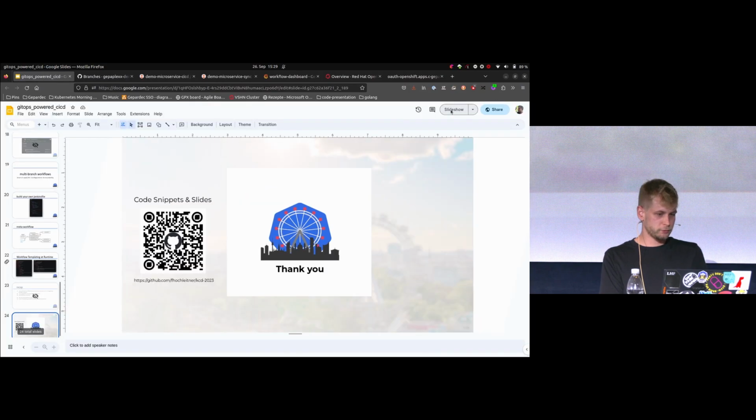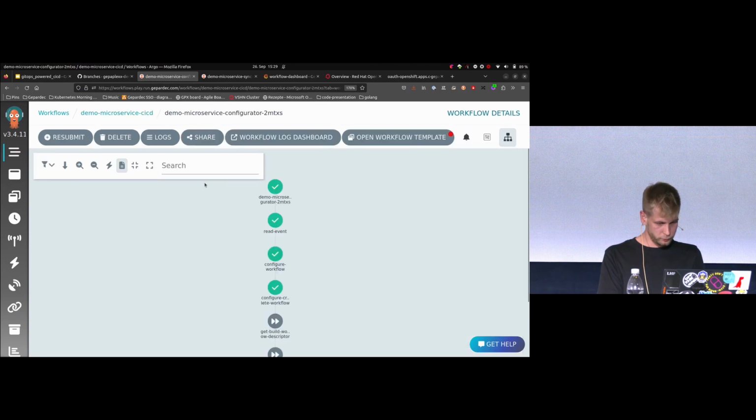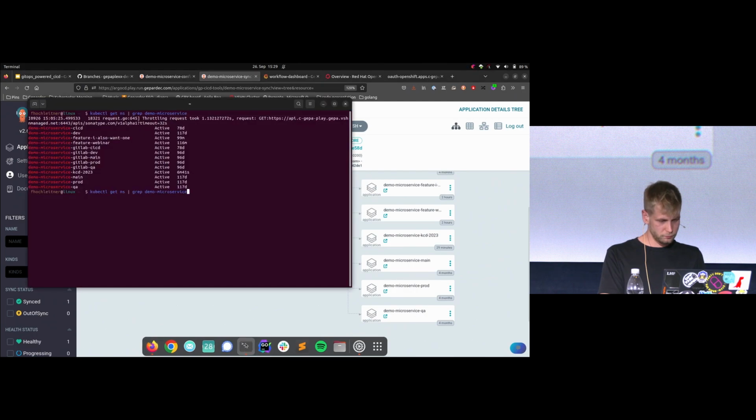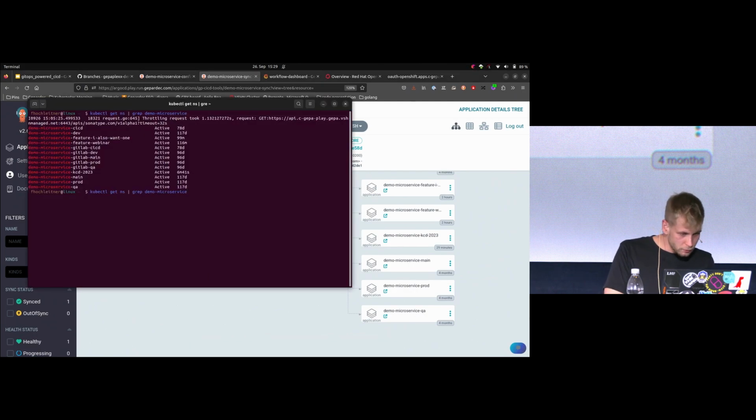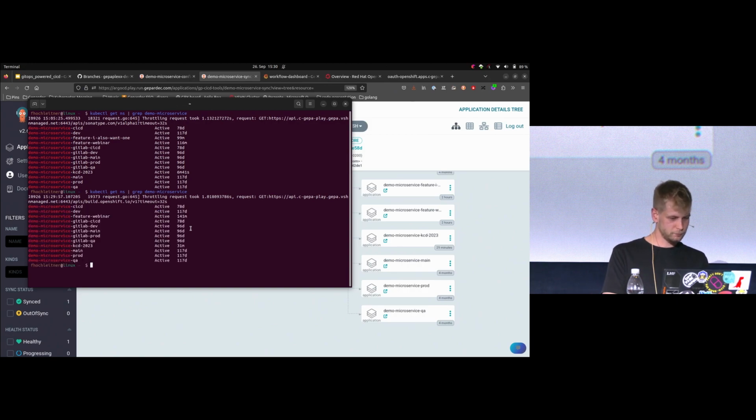And if it's true, we should see a delete workflow. Yeah. Yeah, this feature we had before